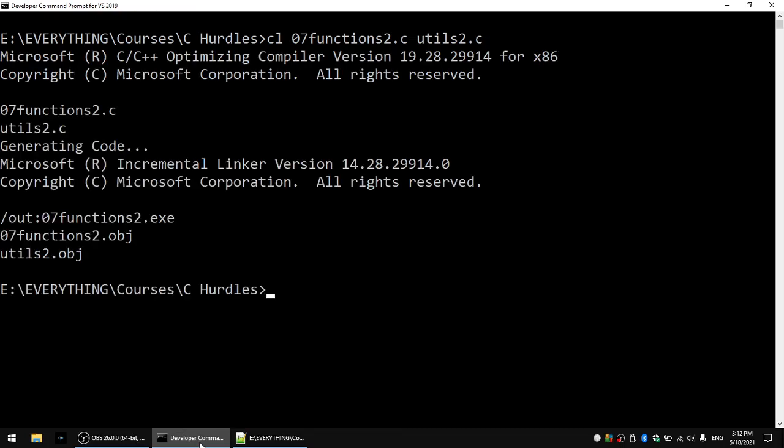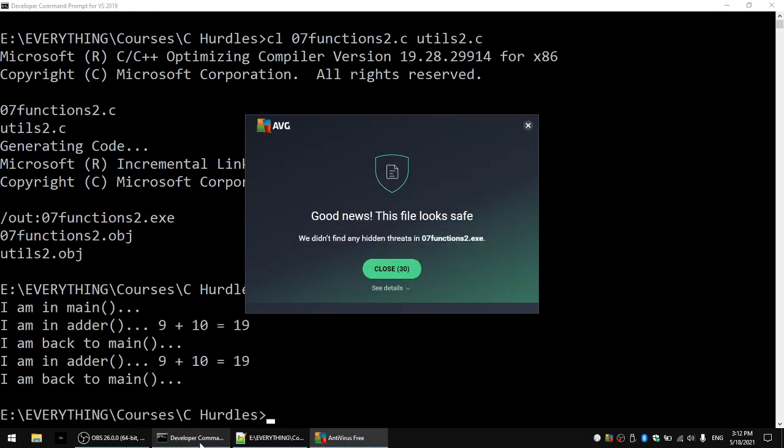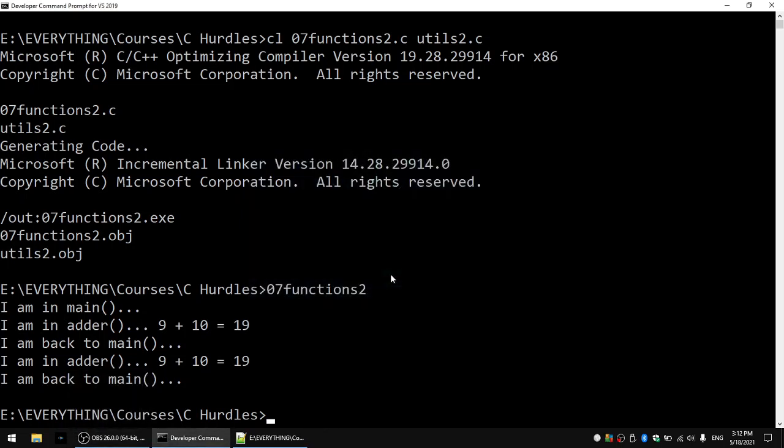I'm using a Microsoft compiler, CL, but sometimes I'm using the GCC compiler. Sometimes I'm using Visual Studio. Let me run it. It should work exactly the same way as it used to work. So you see everything working exactly the same way as it used to.